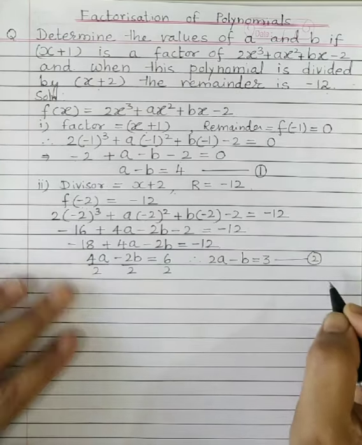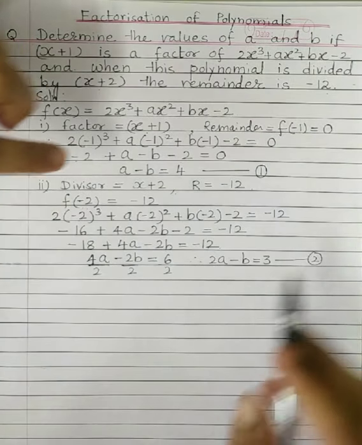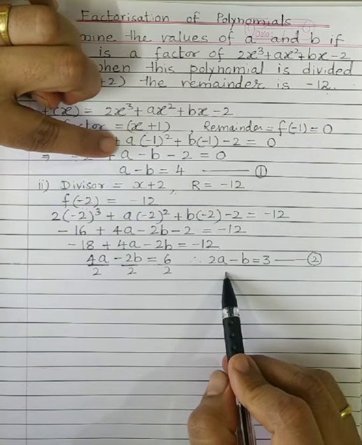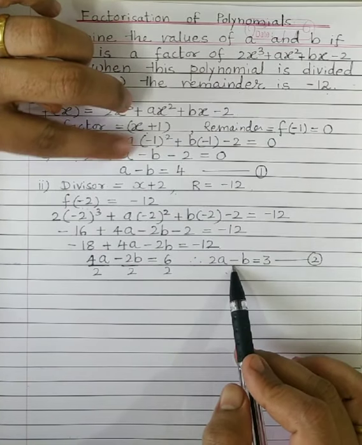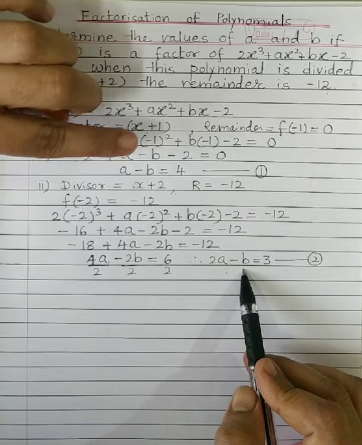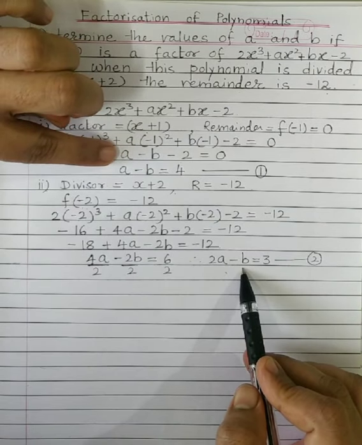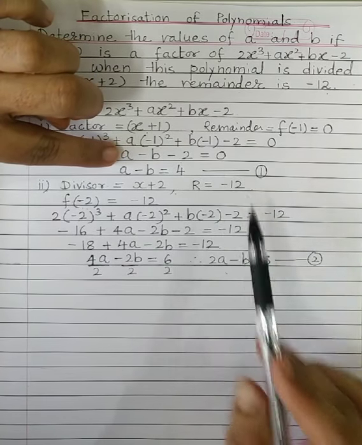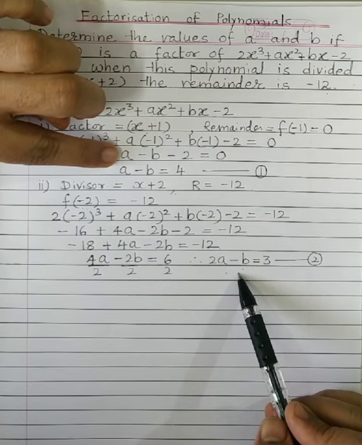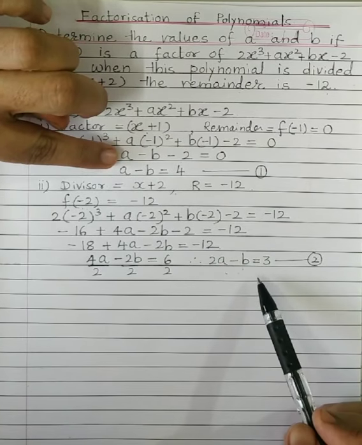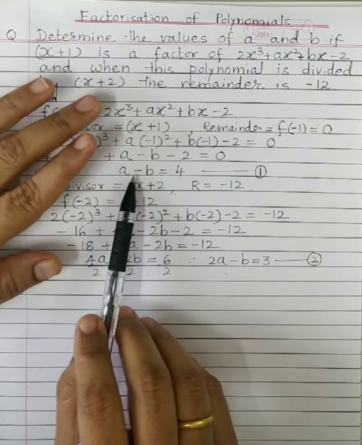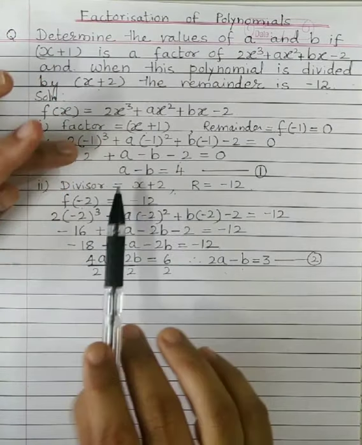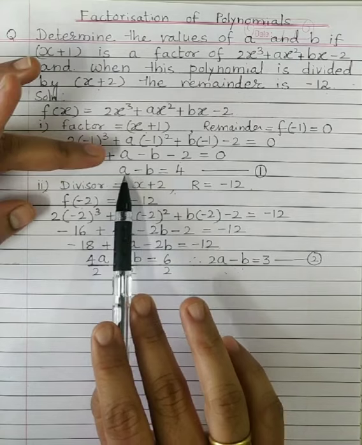So now you must have understood that we have obtained two simultaneous equations in the variables a and b, and working with these two equations we shall get the values of a and b. Also, in standard 9th you have learned how to solve simultaneous linear equations, so I hope you will find it very easy. We know many methods, but most of the time we use the elimination method. That is quite handy, and here too we will definitely work with that.